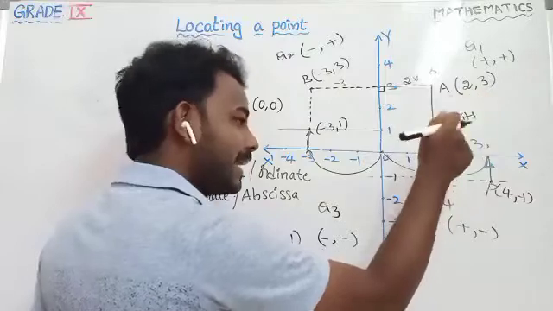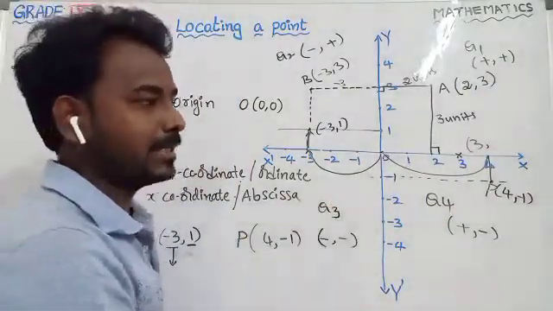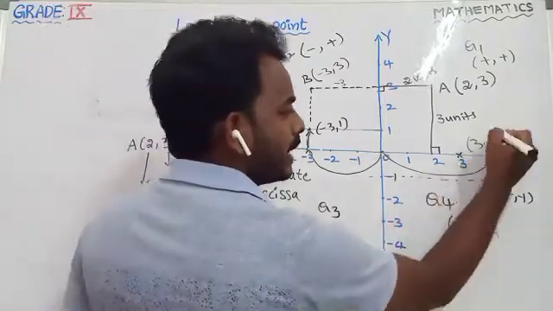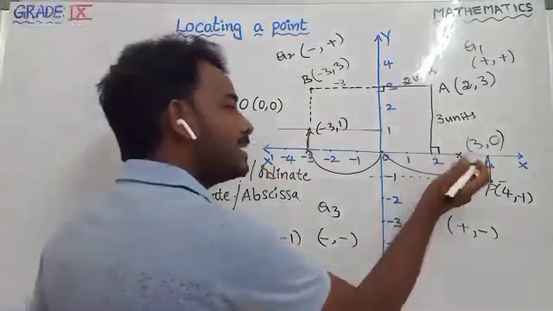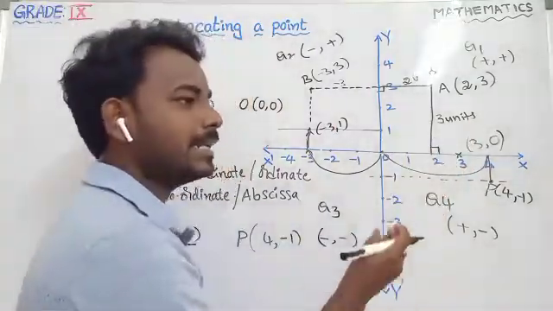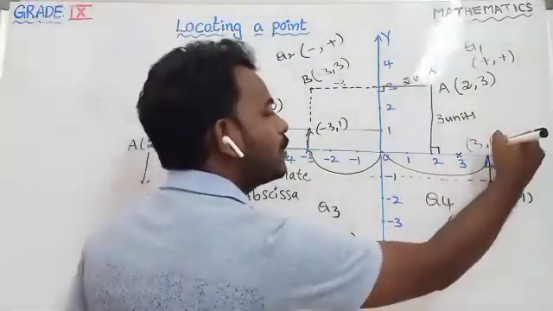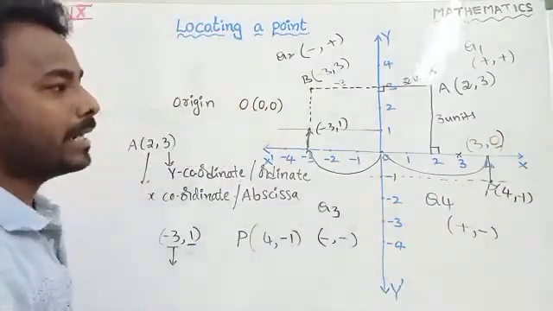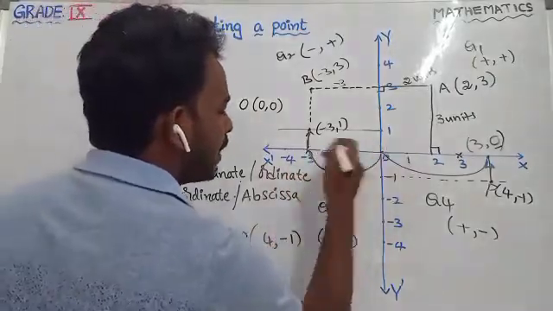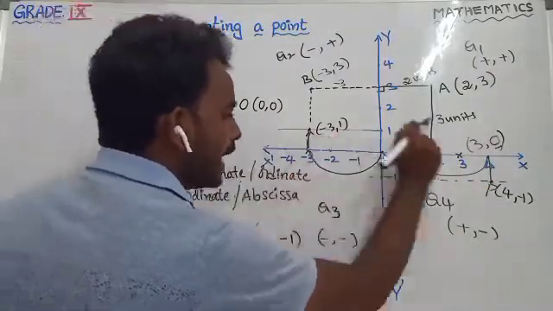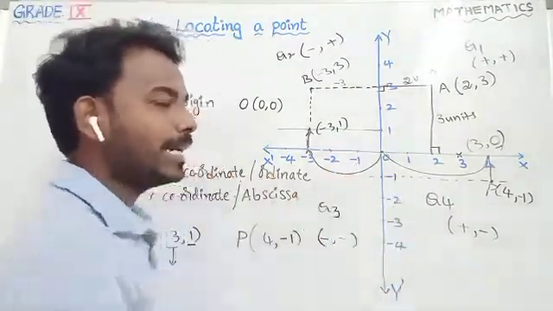Already this point lies on the x axis. Then what is the distance between the point and the x axis? There is no distance. That is the reason we consider it as 0. So the distance between the point and the x axis will become 0, so the y coordinate will become 0. And you can check all these points, minus 4, minus 3, minus 2, minus 1, not only this one: the points which lie on the x axis have y coordinate as 0.